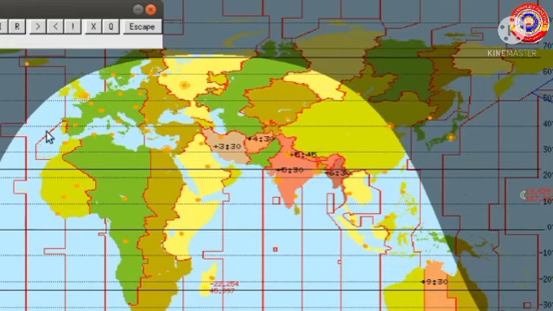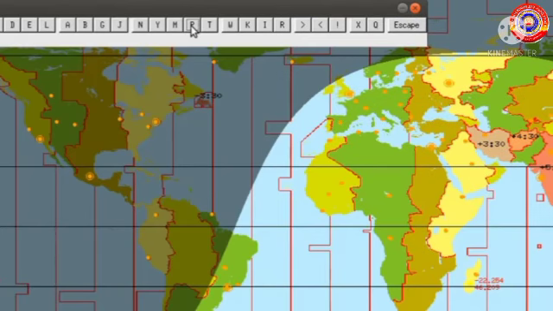Listen, when we click P for the first time, all the latitudes will appear. Then at the second click, the degrees of the latitudes will appear at the left side of the window, and at the third click, the degrees will shift to the right side of the window, and at the fourth click, the latitudes will disappear. Next, M button.